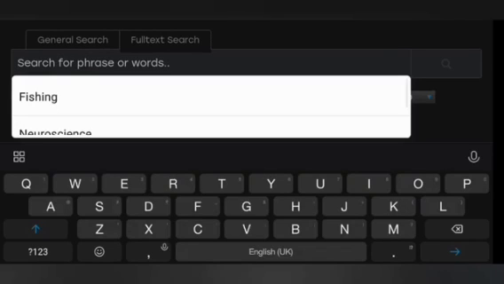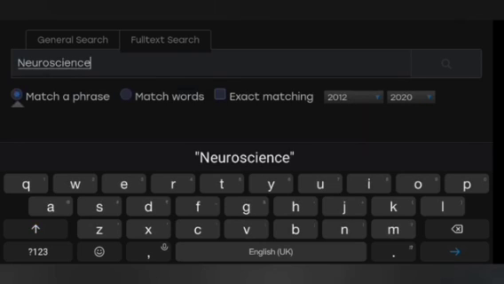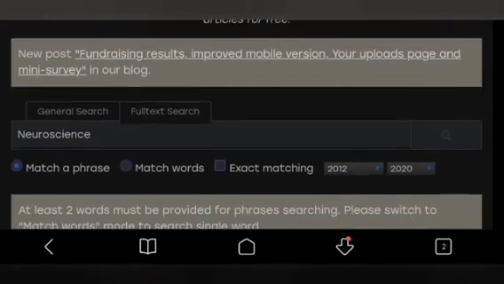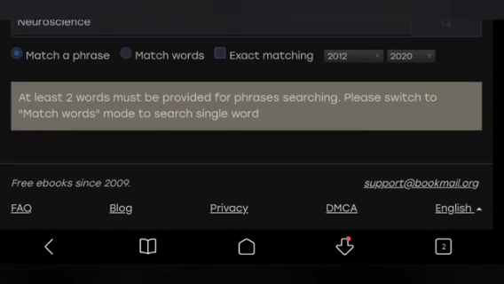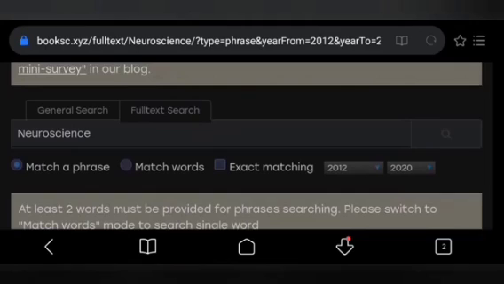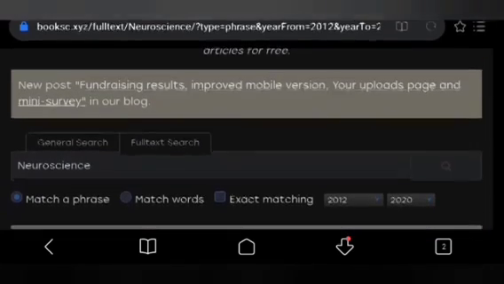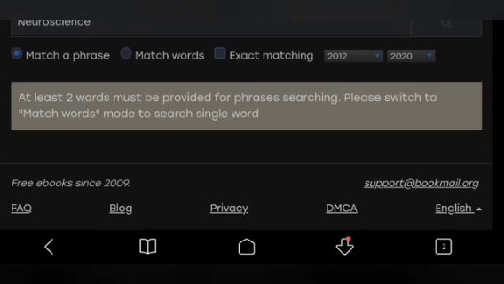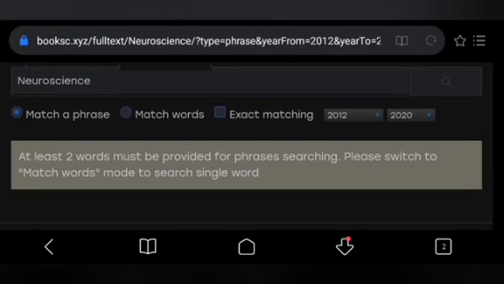So here I'm going to show you how to download articles. I just searched articles related to my area of research. It's neuroscience. So as you can see, a lot of articles are coming up.